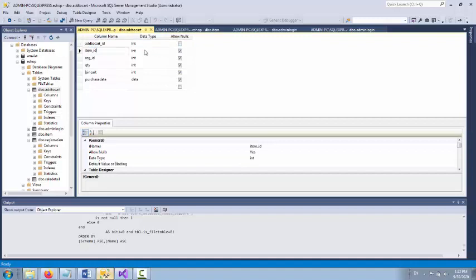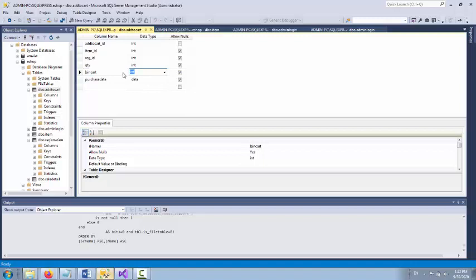Item ID is also integer. Registration ID will come from the registration table, and item ID will come from the item table. Next one, I take the quantity, how much quantity the user is going to buy, as an integer. Then is in cart, integer.